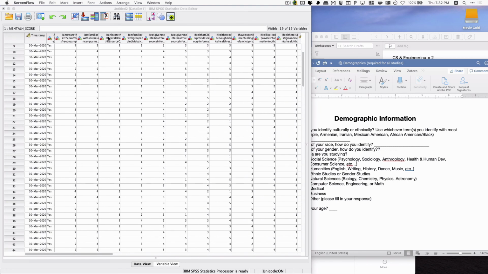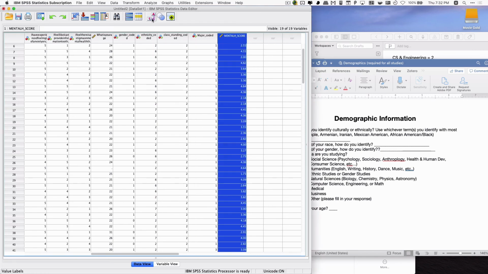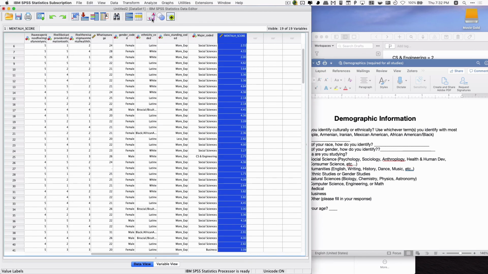You could even delete these if you wanted because you don't need them anymore, right? But I'm going to keep these, I don't really need to delete them. The data sheet is clean enough for me. And I'm going to keep it this way so I can see the labels. You could keep it this way, it doesn't matter. So once I'm here,